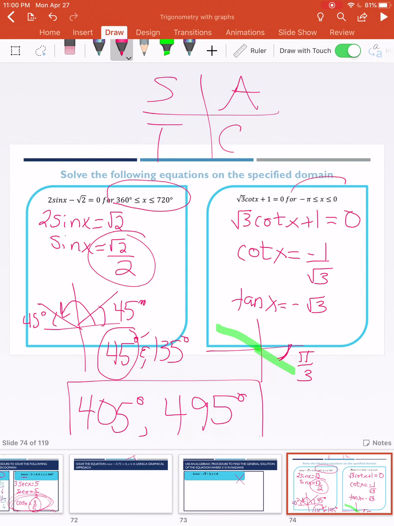So let's look at the domain here. Our domain is from negative pi to 0. So really, we're just looking at this part of our graph here. So actually, that's my answer, negative pi over 3. I don't even need to find the other angle because it's outside of that domain. This is another one. When you're given a different domain like that, especially with negative angles, I would double check